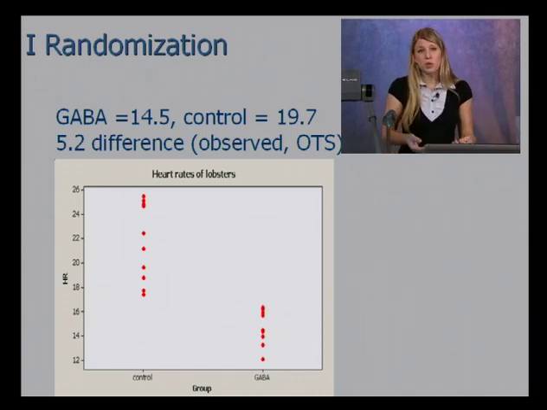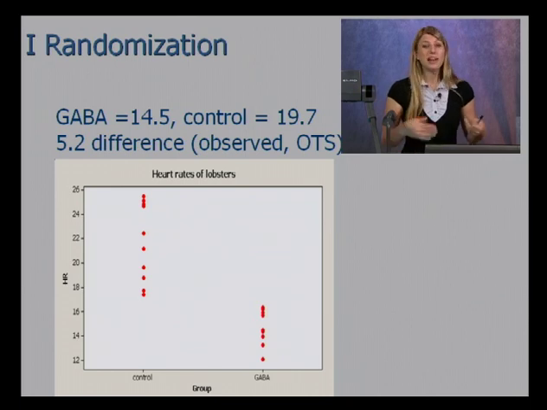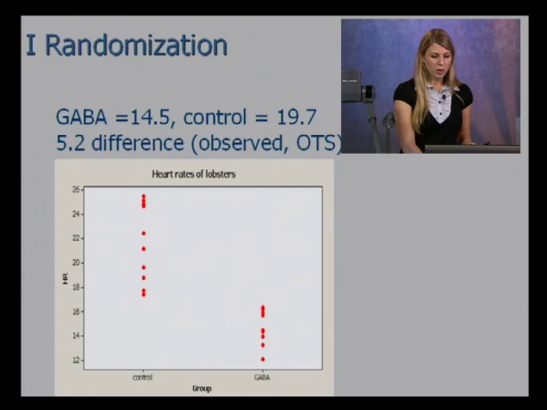Now is that a big difference? Is it a small difference? Would you get that big of a difference by chance? That's what we're going to test by shuffling these scores. So we're going to shuffle the scores over here in the control group with the scores over here in the GABA group. We're going to mix them all up, create two equal groups,